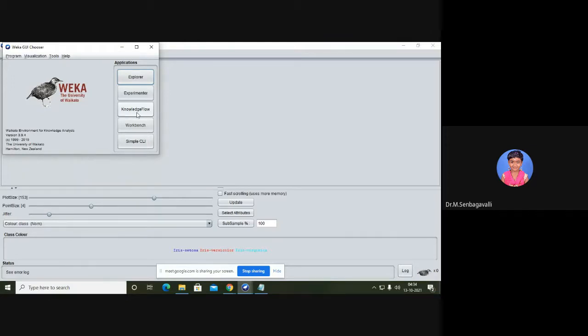For example, if we create many components in between the source component and the destination component, with the help of knowledge flow analysis, you can convert the corresponding ARFF file format into Excel format. You can get CSV format, you can convert it. That conversion you can do. So for that you get the concept called knowledge flow analysis.